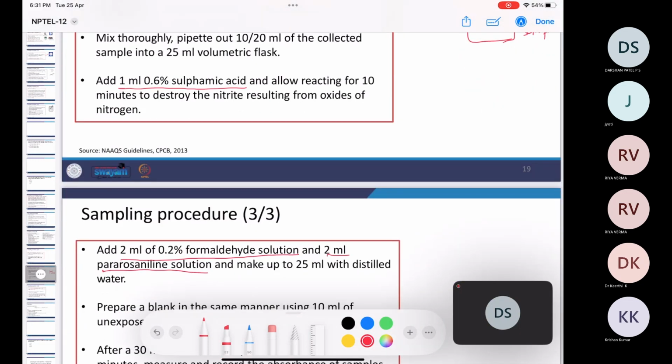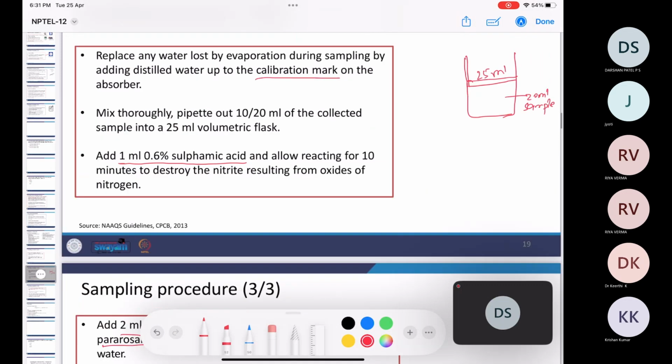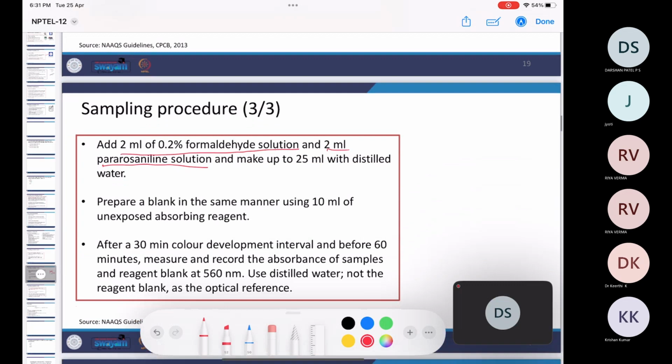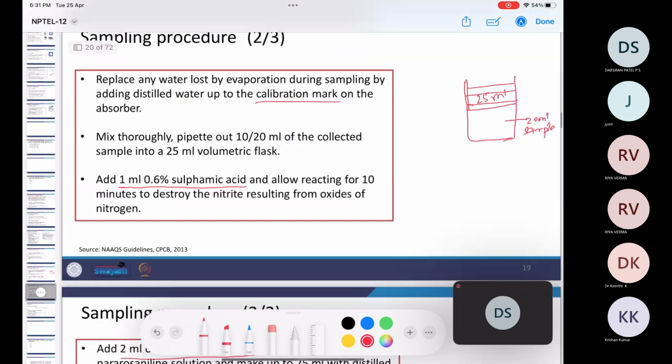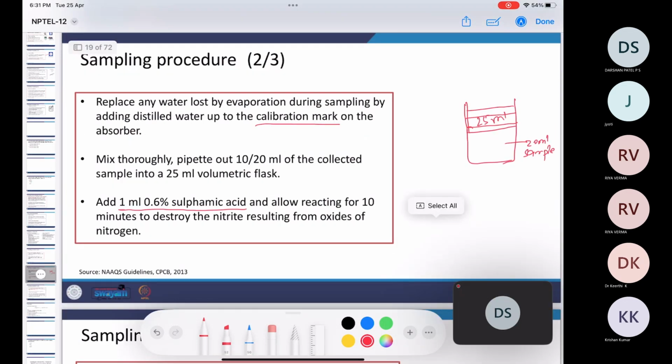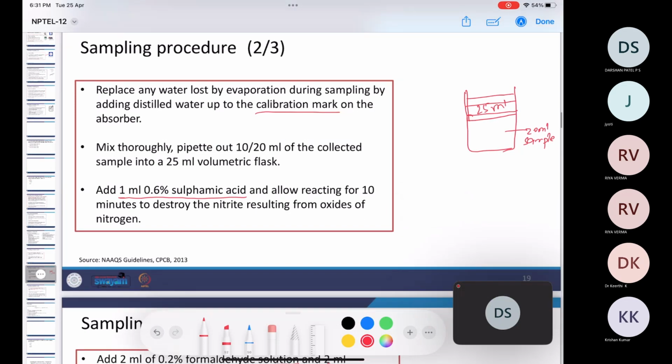Then 2 ml of formaldehyde is there and 2 ml of para-rosanilene is there. And after that, if during these reactions or during transferring any amount of liquid is lost, then we make this total solution 25 ml